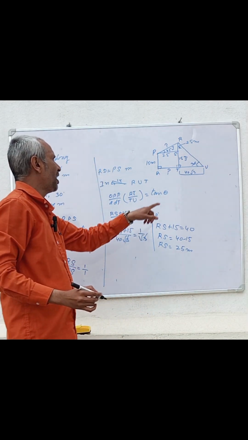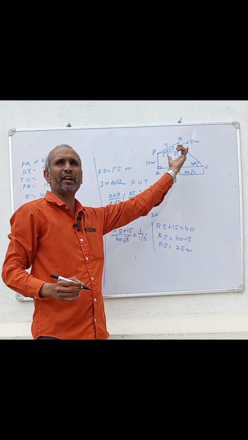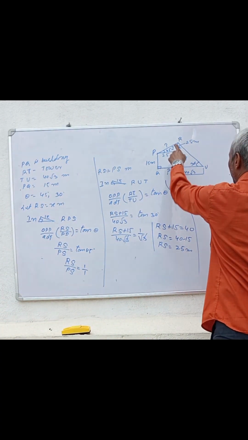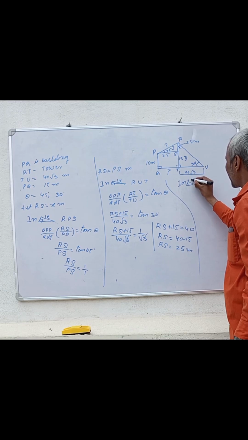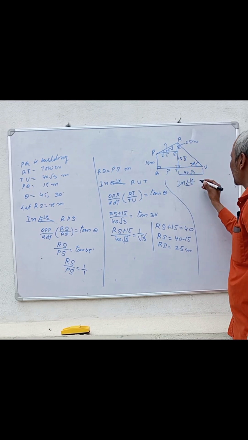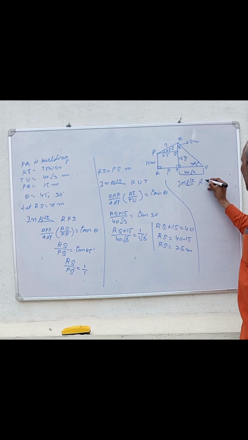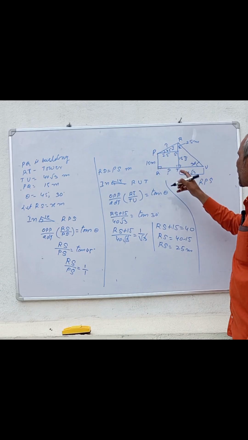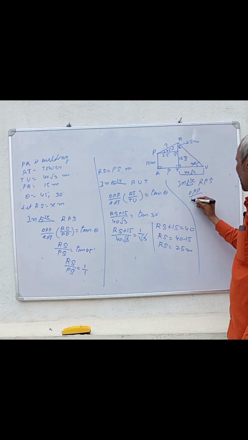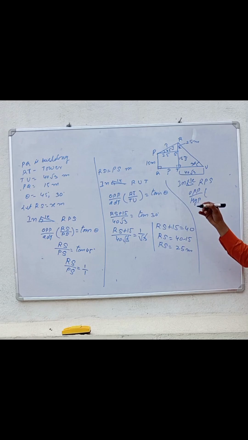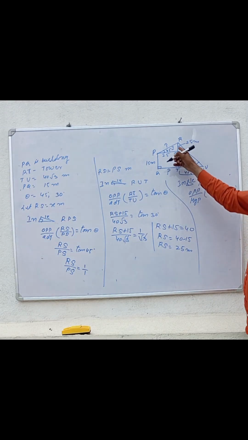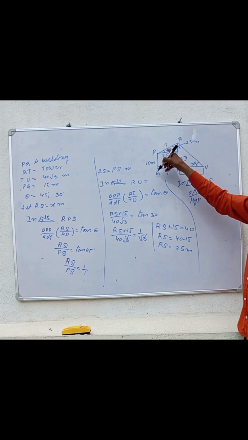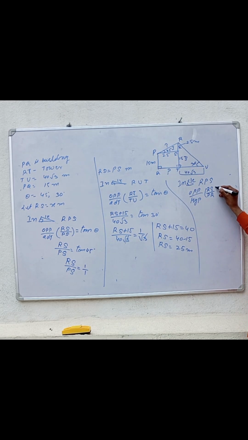Now we are going to find the distance between the top of the building and the top of the tower. So that is called the PR. Again, in the right angle triangle, what is the name? RSP or RPS. Again, so what can we write? This becomes the opposite, and this will become the hypotenuse. Opposite by hypotenuse, perpendicular by hypotenuse. So what is the opposite in that? RS. By hypotenuse is what? PR.